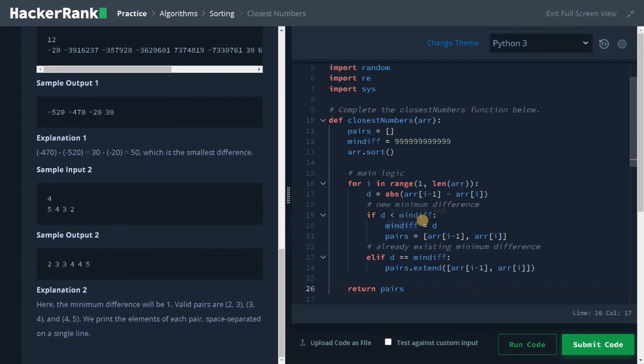After updating, we also need to initialize a new set of pair elements in the pairs variable, because if there are existing elements in pairs, they will be replaced with the new elements. And if the difference is equal to the minimum difference, we need to extend the pairs list using the extend function. Finally, we return the pairs list.